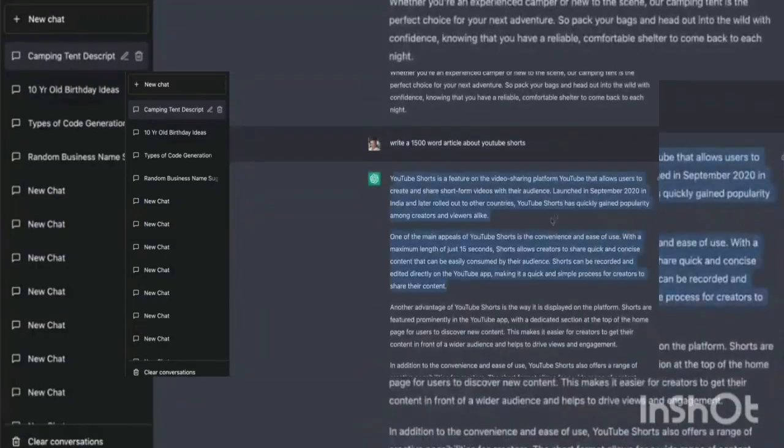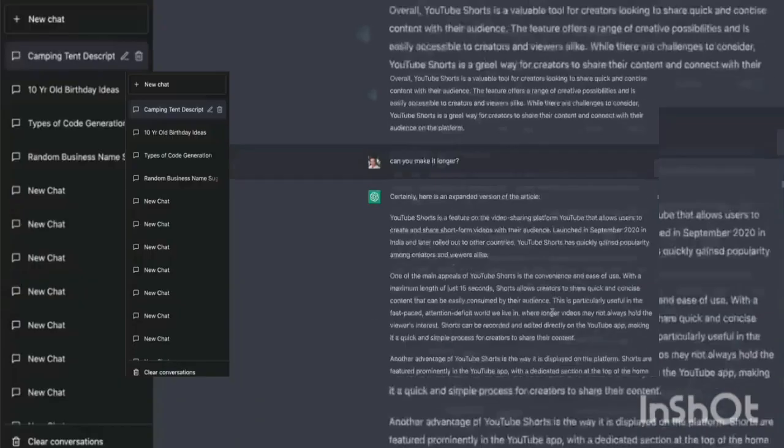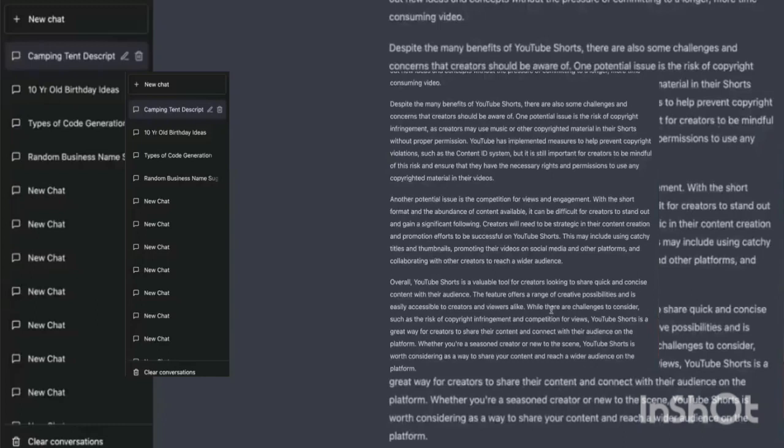So it is pretty insane that it just wrote a huge entire article for me that I could just copy here, go back to Fiverr, post a job here on Fiverr, selling entire articles, and whatever it is the topic that someone would come looking for on my specific gig on Fiverr, I could just come here to the ChatGPT AI bot and ask it to do it for me, and it would literally write one for me, whatever word count that I wanted, in seconds. And these articles are actually SEO optimized, that you can sell to people that are looking for articles.